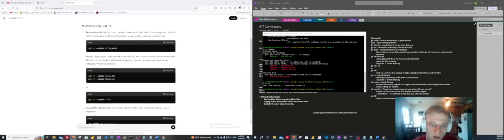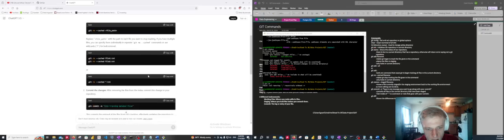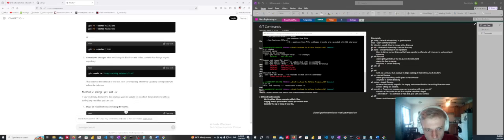Using git rm --cached, here we go. Remove files from the index. This tells Git to stop tracking the files but leaves them in your working directory. Replace with the path. If you have multiple files, you can specify them in git rm or use wildcards for bulk, like *.txt. Git commit -m. This commits the removal of the files from Git, effectively updating it to reflect. Okay, so this is really what. So I want to commit them